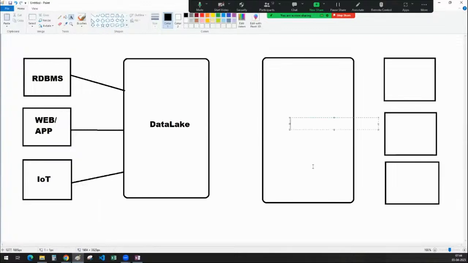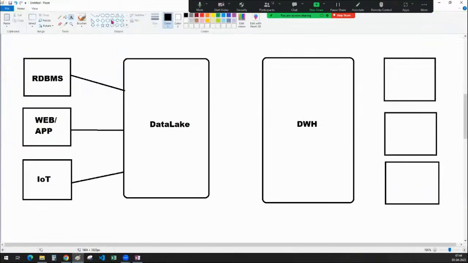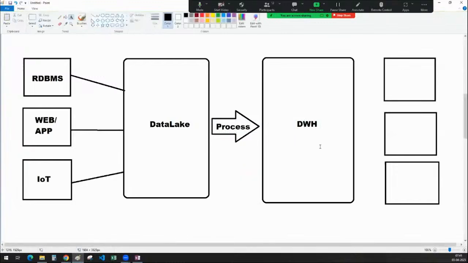you try to send the data to where, guys? You try to process the data and send it to the data warehouse. What you are doing here, guys, is processing the data: transform the data, clean the data, whatever you name it, all of those things. You process the data and send it to the data warehouse. Finally, as per the business requirements, it will be creating ML models. There will be dashboard requirements. There will be ad hoc requirements. So based on the